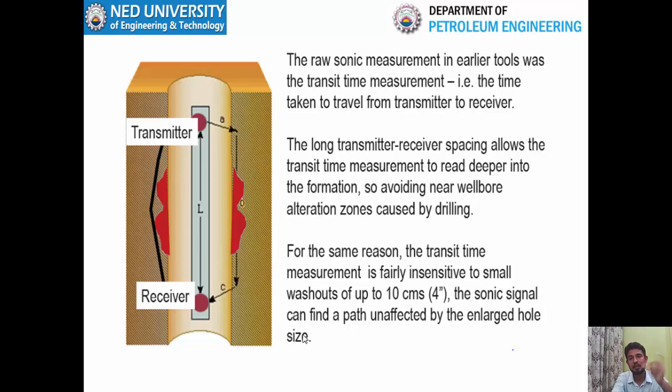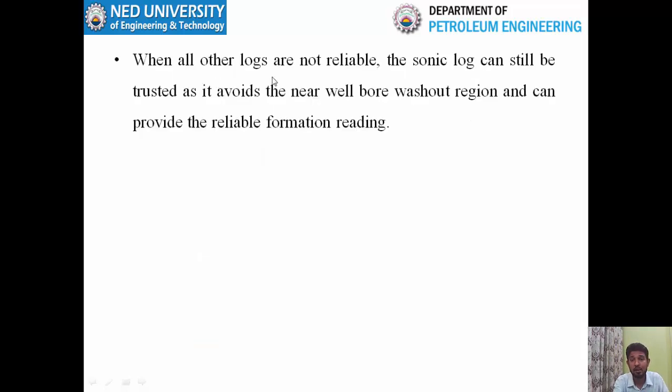Basically it is the same principle: the P waves through the formation will travel faster than the P waves through the mud. So when you have a washout, which means you have mud, the P waves will become slower in the washout zone. When all other logs are not reliable, the sonic log can still be trusted as it avoids the near wellbore washout region and can provide a reliable formation reading. So this is the conclusion from the previous slide, and this is one of the usefulness of the sonic log: when density and neutron logs cannot be trusted because you have caving or washout, in that particular case you can still